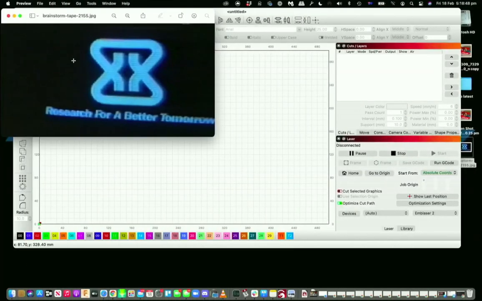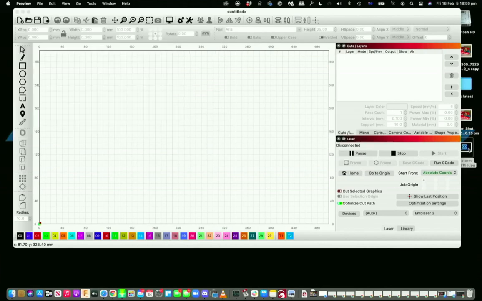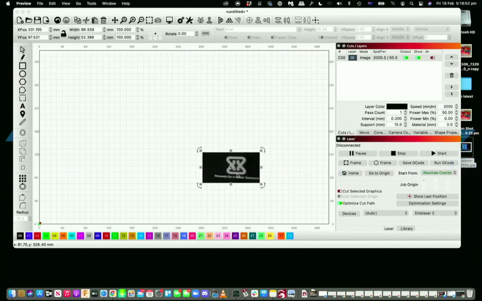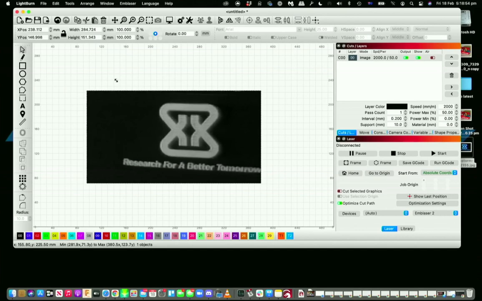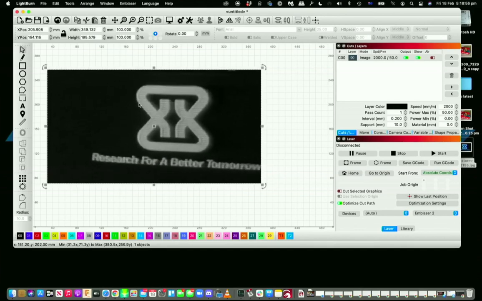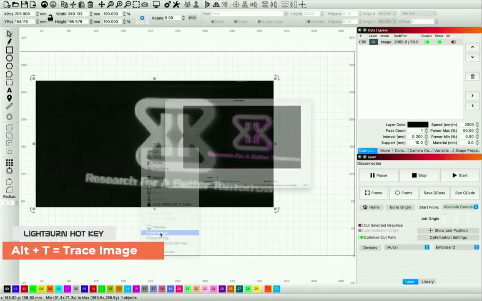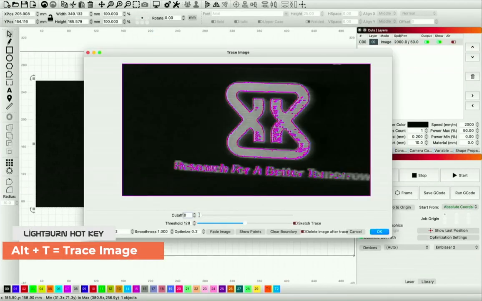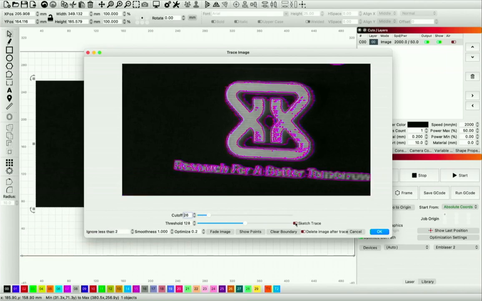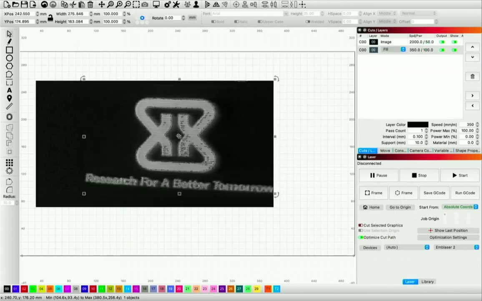And in fact, what I'm going to do is show you guys how I work. I'm going to bring this in here. Even though the image itself is skewed, it is not straight on, I can trace it. Let's increase this. Let's go and trace it. So I'm going to trace image. If I were to dial in all the different settings, I could try to get a decent trace on it. You can see there's a lot of stuff going on, but let's say for the sake of this we trace and we get this